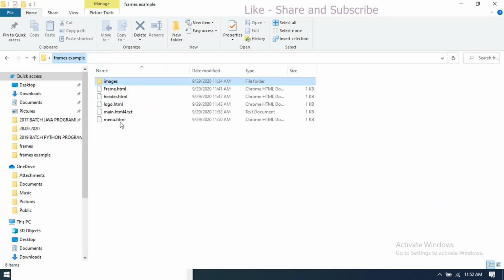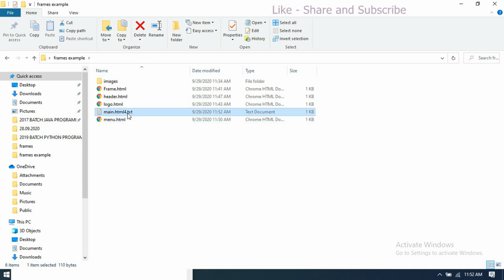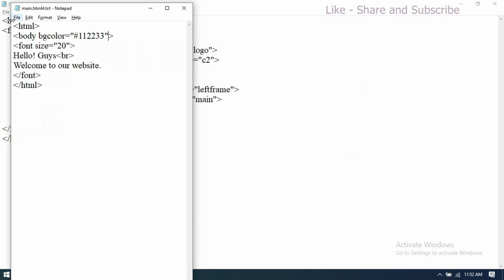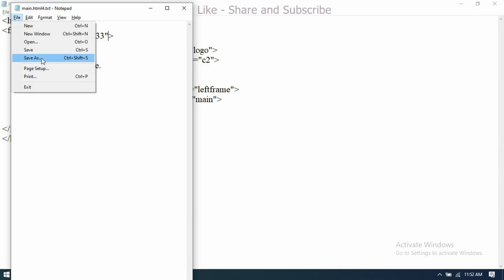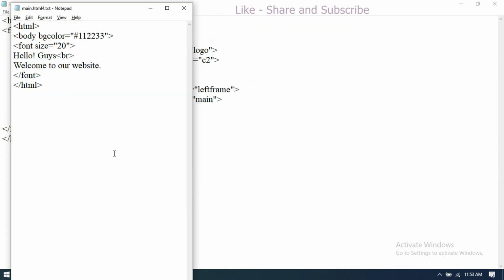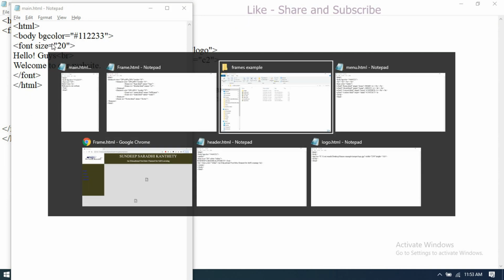I think the name has been displayed wrong. We will see the main.html. Okay, we will save as, no problem. So we will save as main.html, right? Now refresh the page,